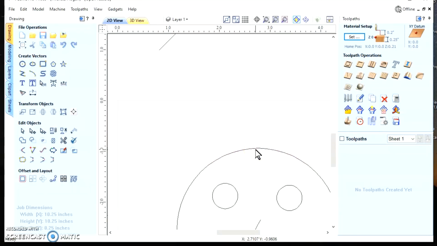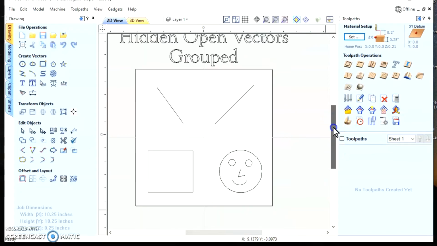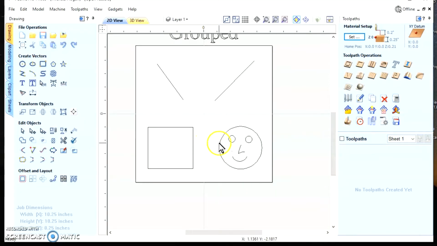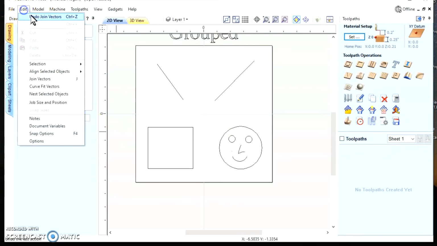So if I just hit delete, it's gone. Now you don't see an overlapped line. But that was one of the others that was in there. The stray vector and that one are the 2 that I wanted to get rid of. Now you can take these 2 vectors, which are part of the nose, and you can join those if you want. And also, if I undo that